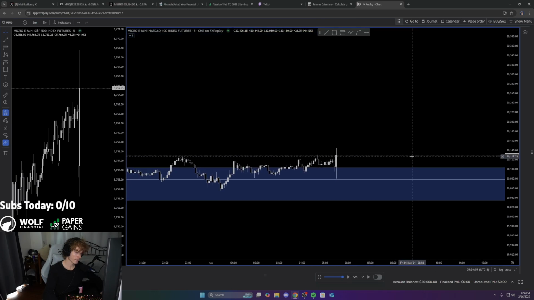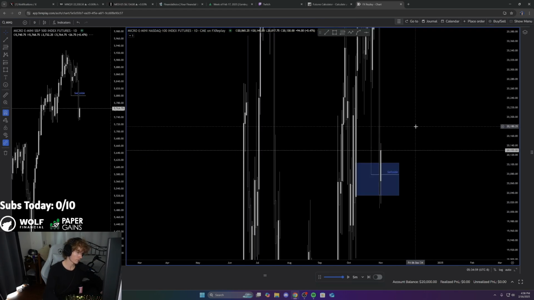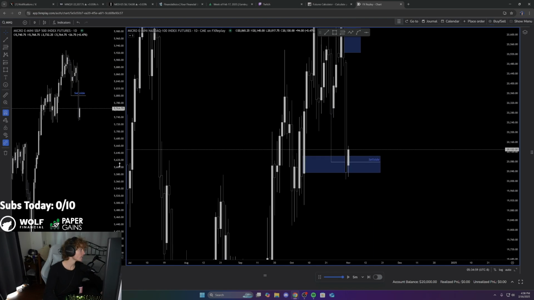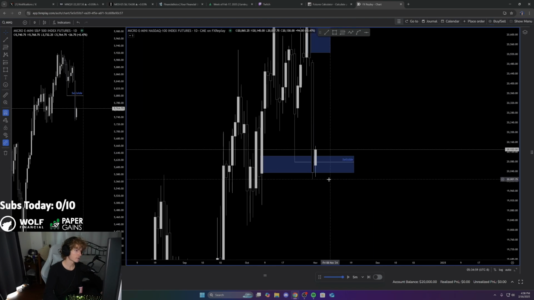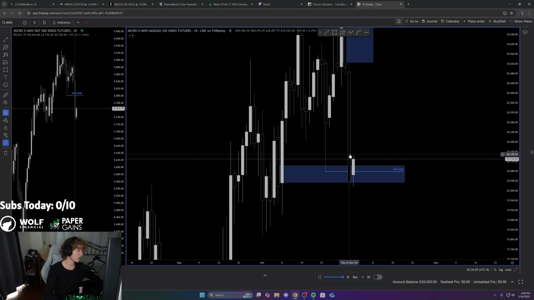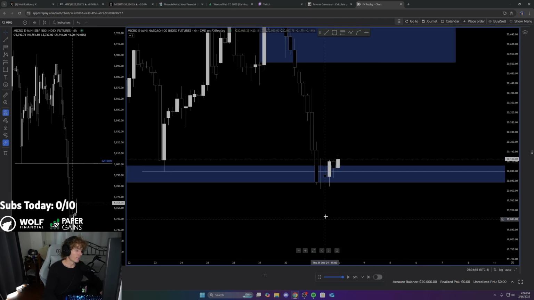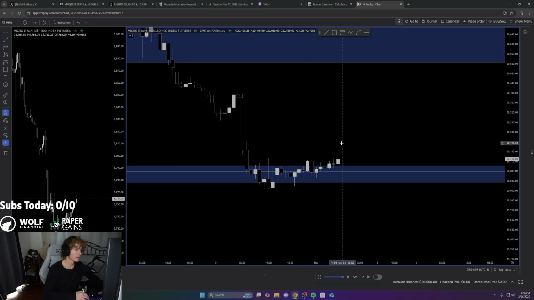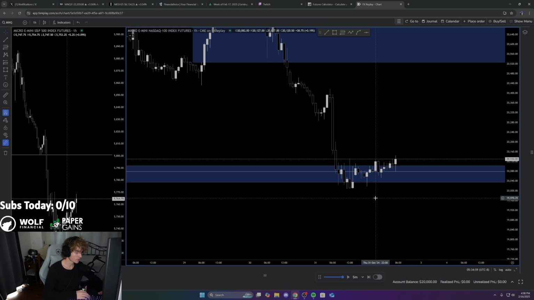5:30 data comes out. Okay, where are we at? Took sell side. No SMTs. But we swept sell side on NQ. We're holding that 4-hour imbalance. We made a smaller one here. Lower time frame looks really choppy and gross.